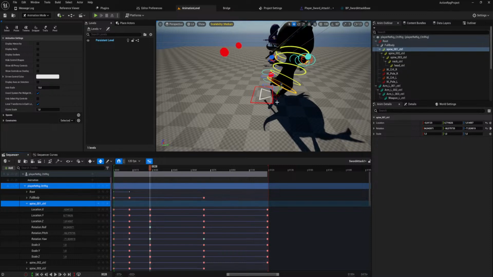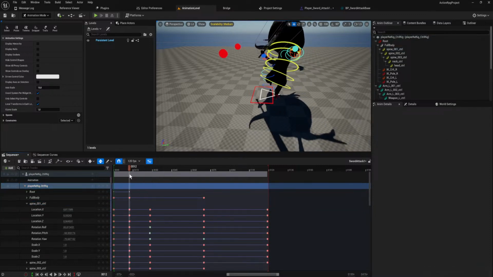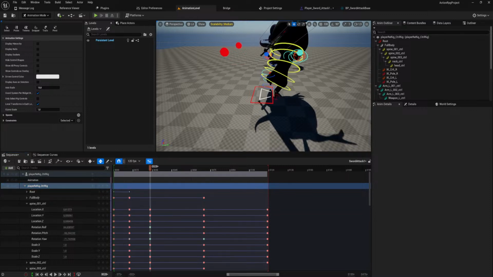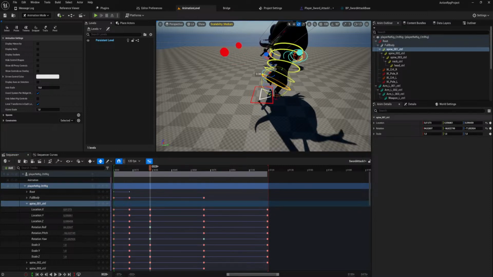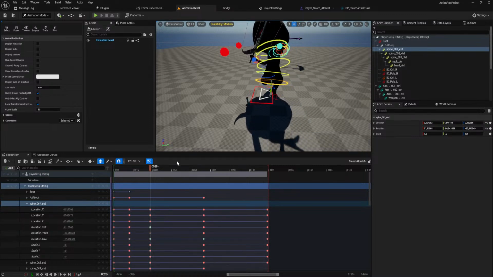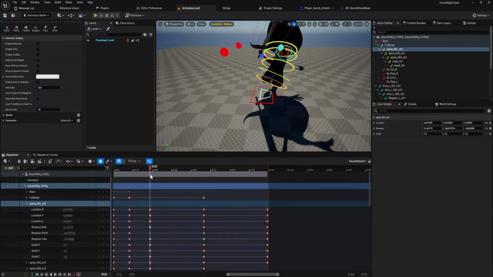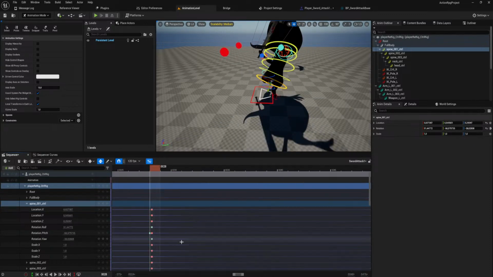Probably don't do that actually. Like, this is literally the only thing I can think of to like improve that. Oh my god, and then I fucked it.